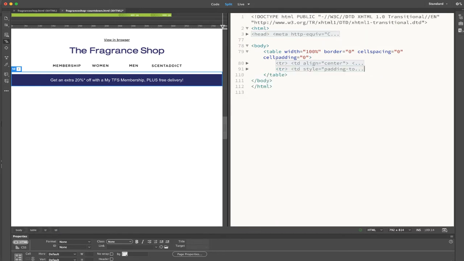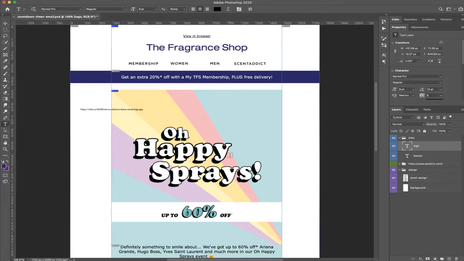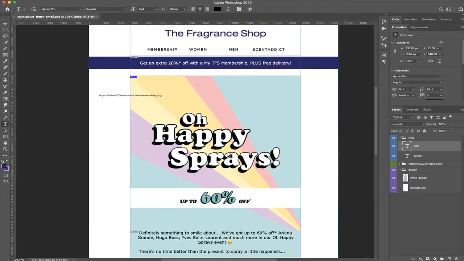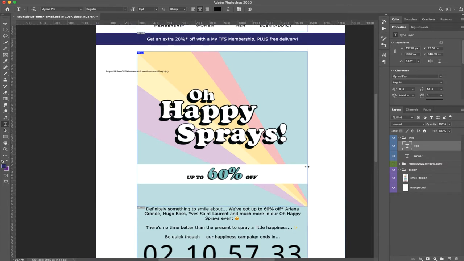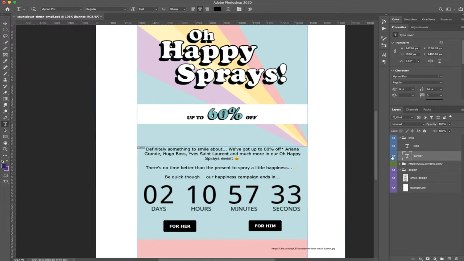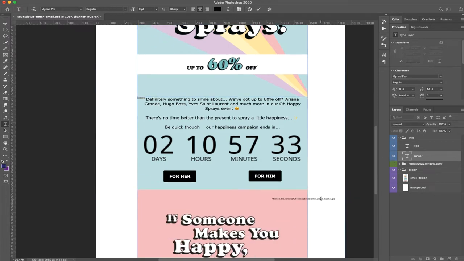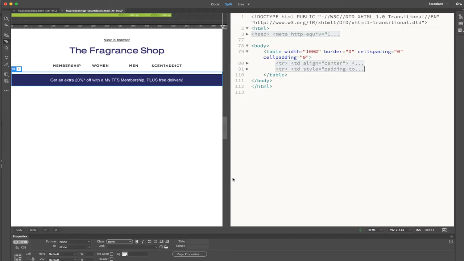Then go back into Photoshop, have a little look. Now I'm going to concentrate on adding the banner image in. So click on the banner. Where is it? If I just close it, it's the one at the bottom here. Just copy that link. Then I come back into Dreamweaver, and what I'm going to do is, under here,